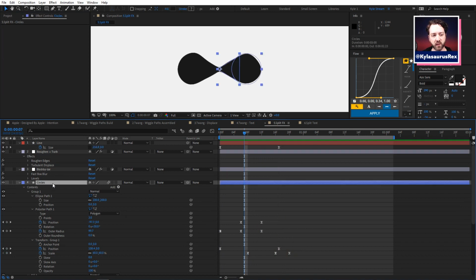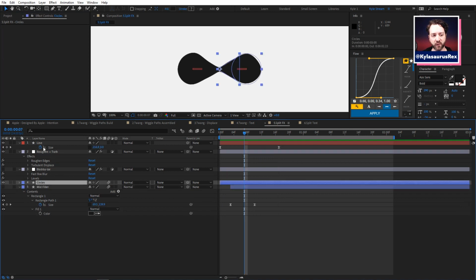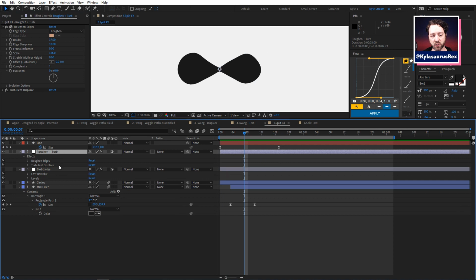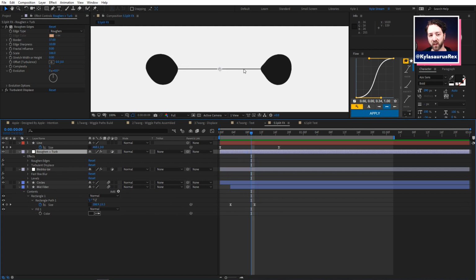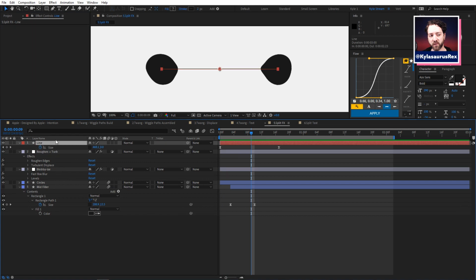And of course, the strength of doing these effects-based things like this, these are on adjustment layers, is that anything you put down here is going to be part of this. And so if this were a thing that you needed to use several times in the project, you maybe don't need to do quite as much keyframing and manual setup if you just have this one layer that's affecting everything beneath it. That's also why the line is its own layer above this, so that it's not getting blobbyized along with everything else.